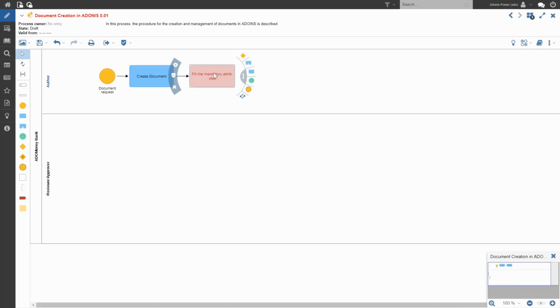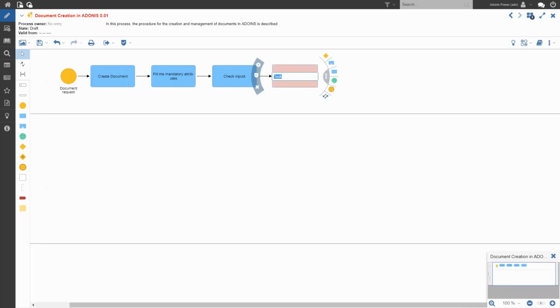Okay, after we fill in the mandatory attributes that we need to document, we then can check the inputs to make sure everything is okay before we submit the task to review or submit our document for review.